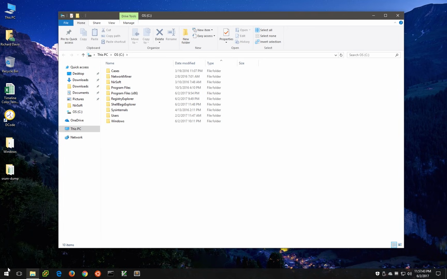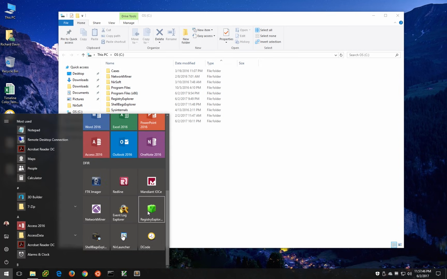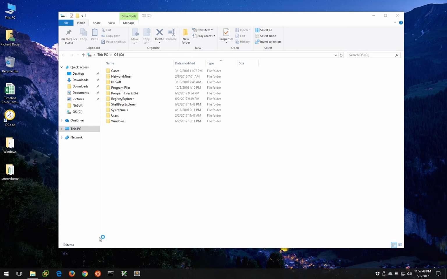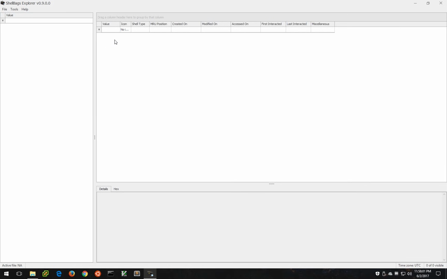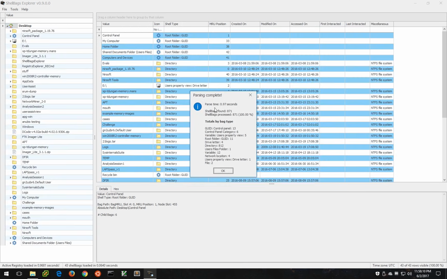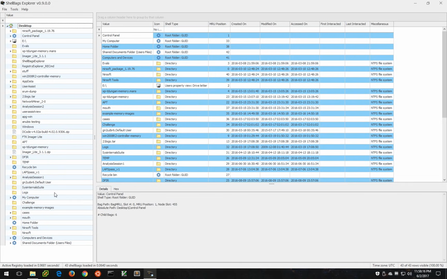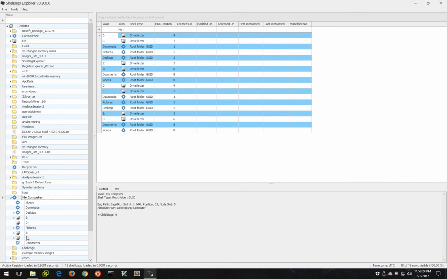So let's briefly look at, from the same people that brought us Registry Explorer, ShellBags Explorer. Let's load up ShellBags Explorer, and let's take a look at the live system. If you recall earlier, there was a path in the root of C called C:\MSF, which no longer exists. If we go to File and then Load Active Registry, it actually gives us a parsing complete message, and it shows how long it took and what it found. But if we go down here, we'll notice a ton of stuff that it actually parsed from ShellBags. And if we go down to My Computer and then look at the C drive,